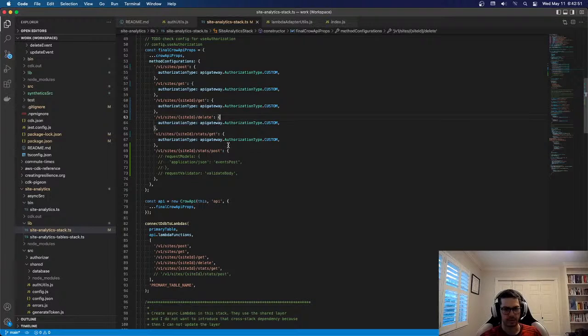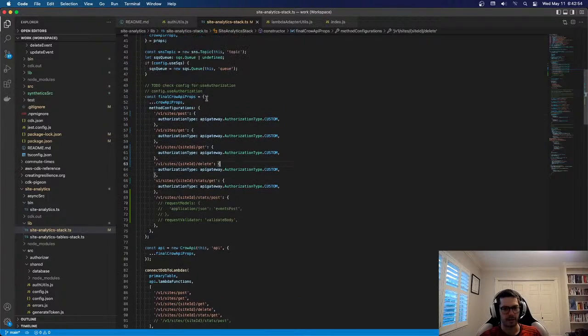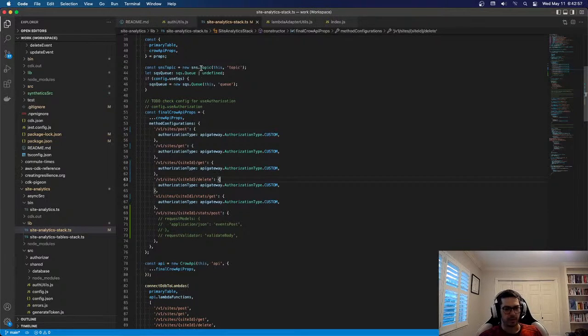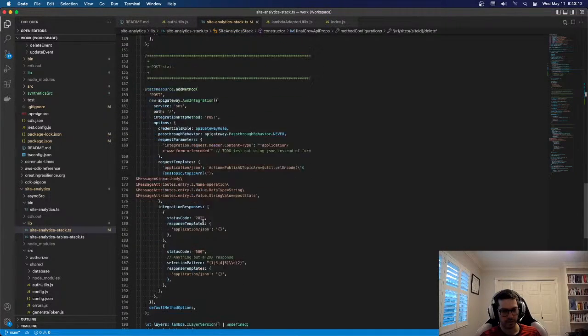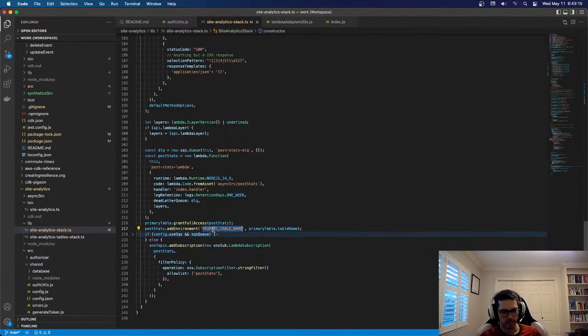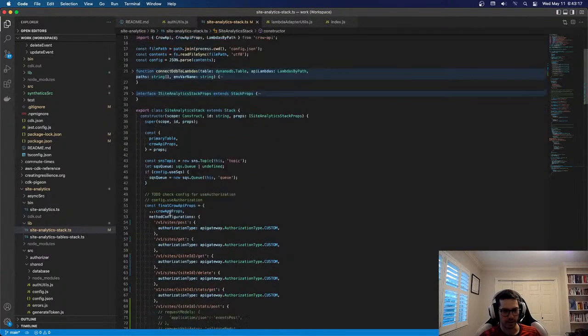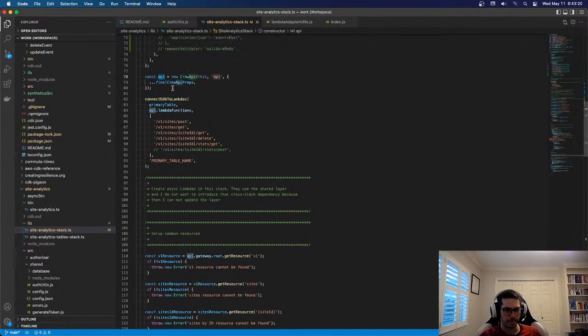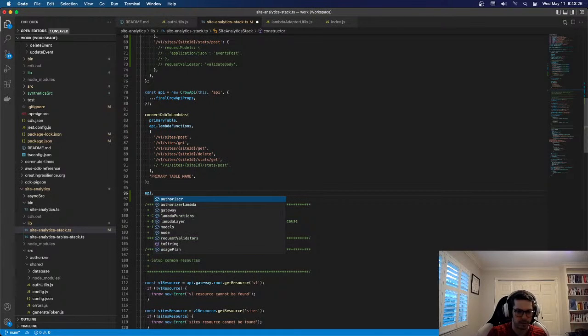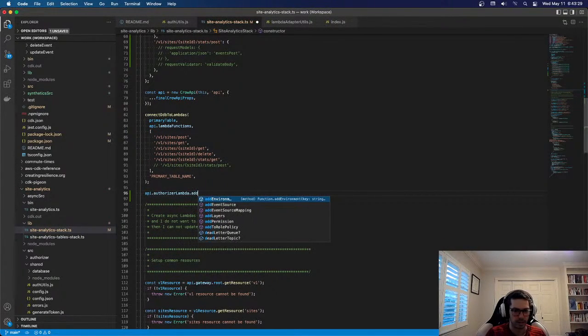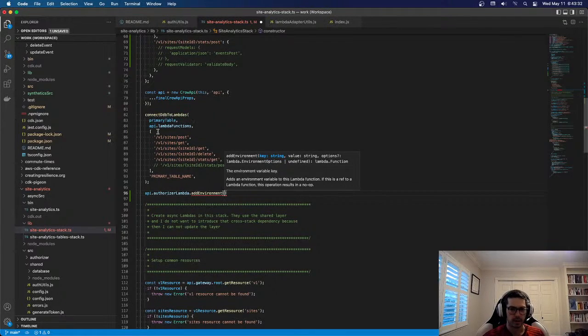So now the authorizer should be set up on all of my methods, and that should pass the unique ID and all that good stuff through. But I do still need a JWT. Oh, did I ever add that to my authorizer lambda? I have that. I don't know if I did. So after this guy is created, I need to add authorizer add environment and